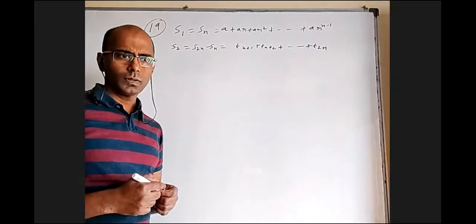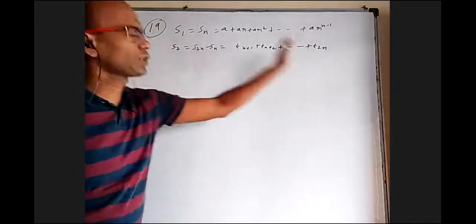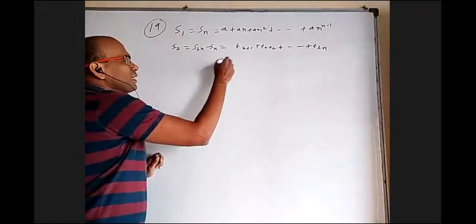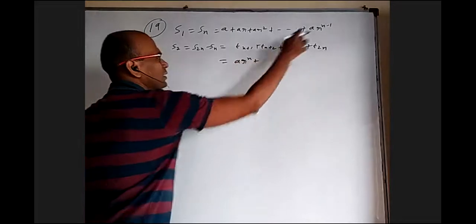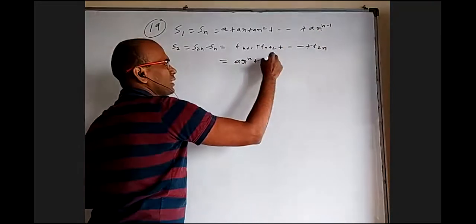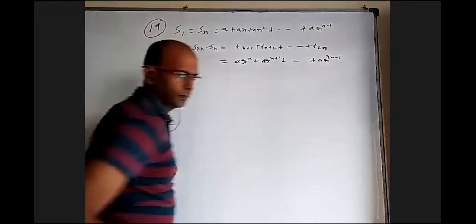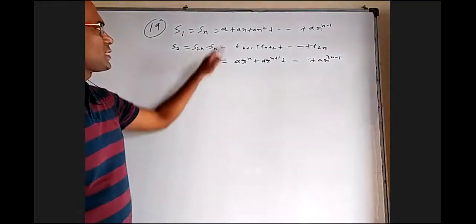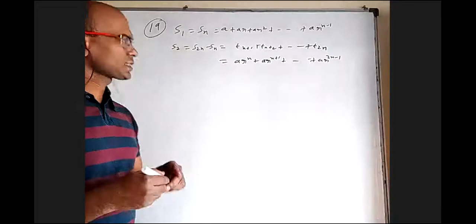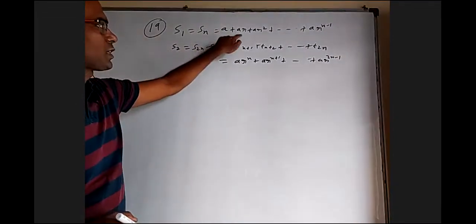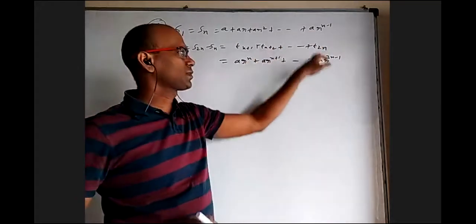Yes, sir. Yeah, you take the first term to 2n terms and remove the first term to n terms, and what is left is this. But what is the n plus 1th term? ar power n. That is the next number after this. ar power n plus 1. This is ar power 2n minus 1. You can see by very simple common sense that if you multiply this with r power n, this will come.